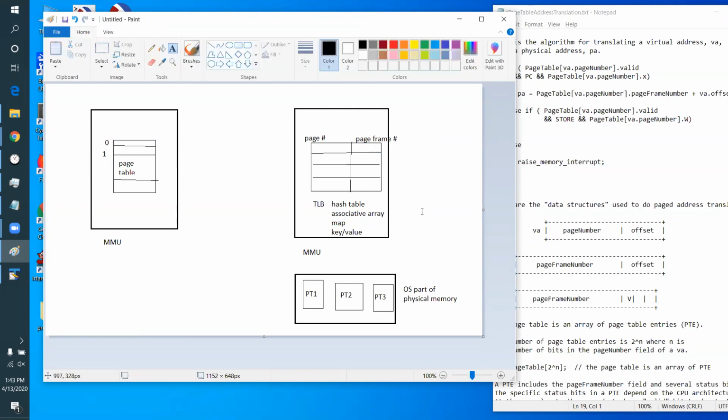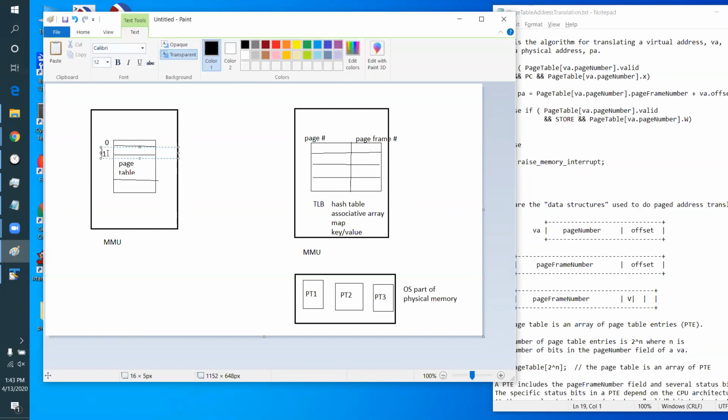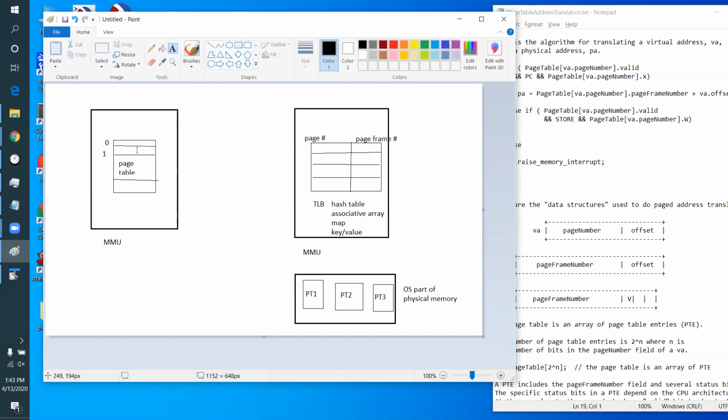Okay. Now, the thing to do is compare the idea of how these things work. Over here, that index is the page number. So you use the page number. If the page number is 1, that's your index into the page table. Over here, it's going to look something like this. I might have, say,